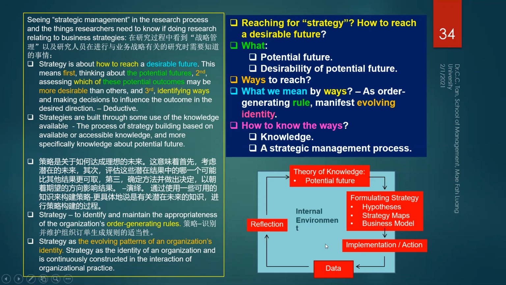So you got to have a potential future, and you got to deliver that future's desirability. Desirability means what? Does your potential future align with your vision? Does it match, is it synergistic and aligned with your mission or core value? Or is it